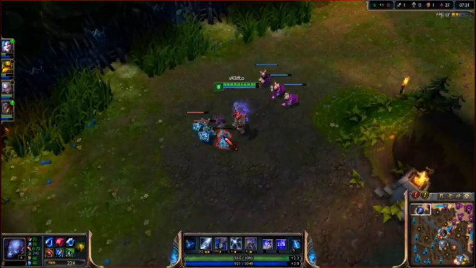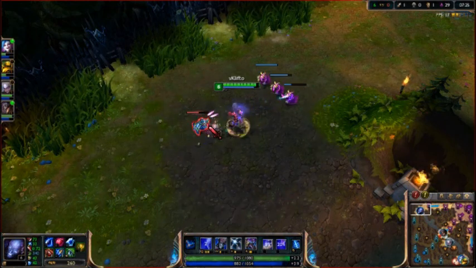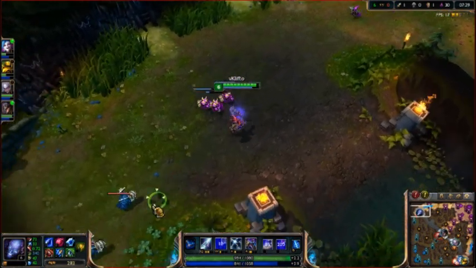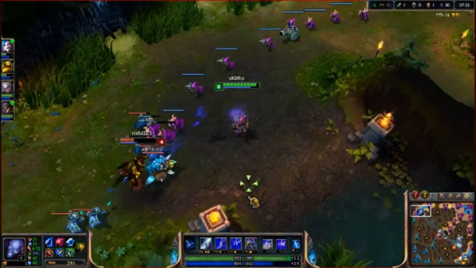So you're pretty much doing massive amounts of damage if you use your R and your E combo, and that's what makes wave clear pretty easy. If you have a huge wave, you just use that. It'll kill pretty much all the minions, and if you're really low on health, it's a great thing to do